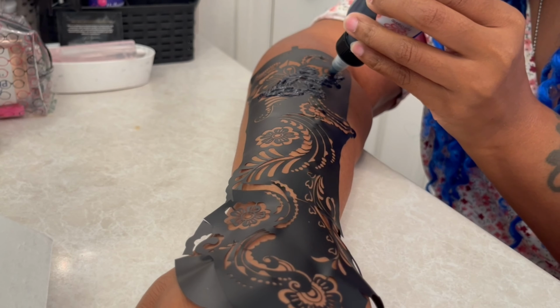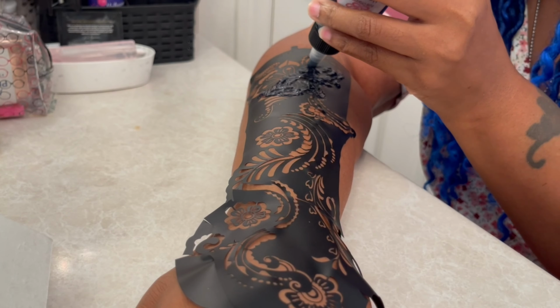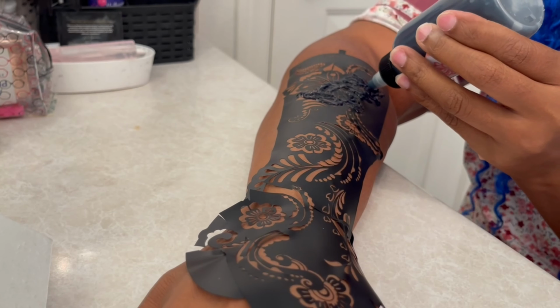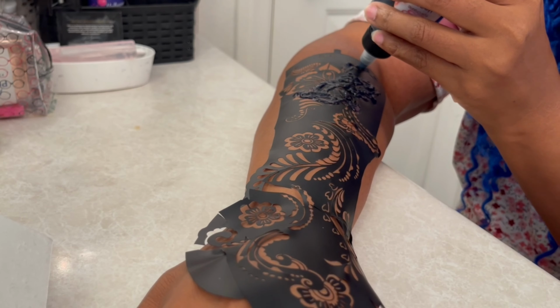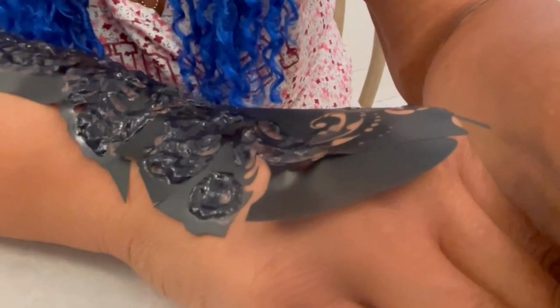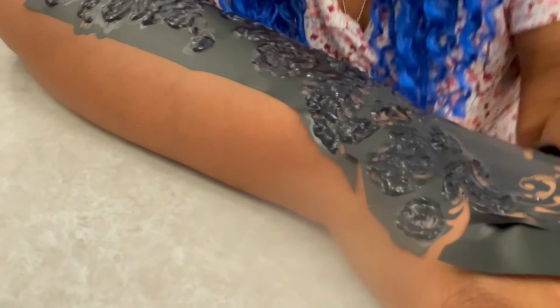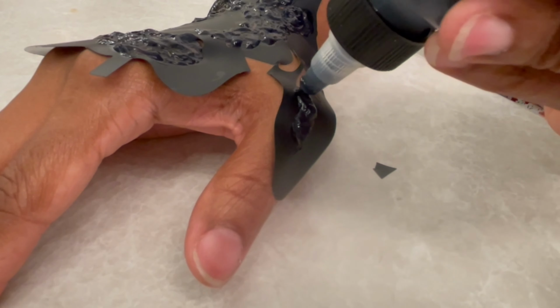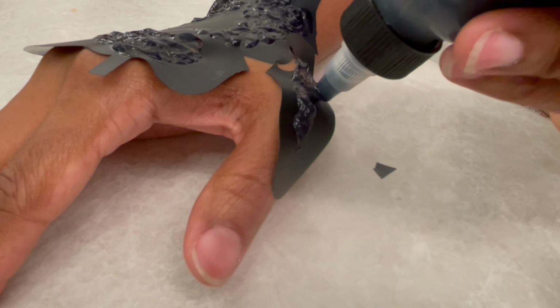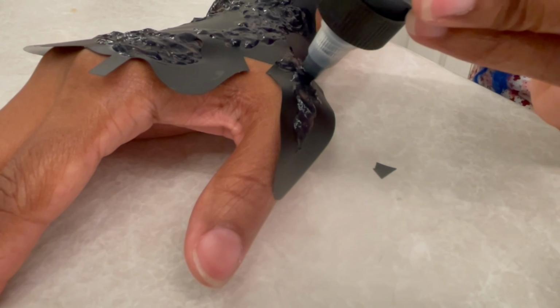And as you see, I am just loosening the nozzle on the regular bottle and squeezing it over the stencil. I did purchase on Amazon some bottles that have needle nose type nozzles that help you be a little more precise, especially if you're going to go for this freehand, which is what I purchased them for. But they would also help if you didn't want to use a lot of product and you wanted to get into the small areas where there's dots or little designs on the actual petals of the flowers,